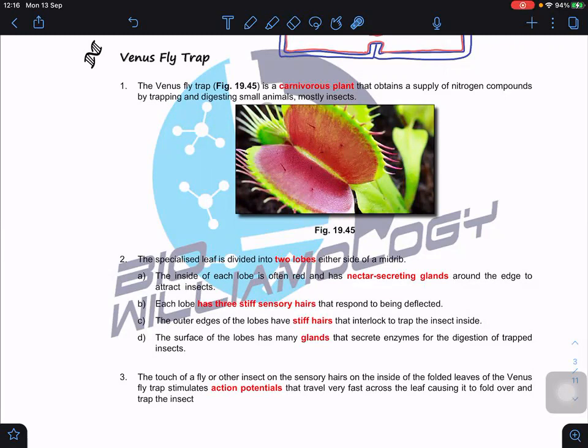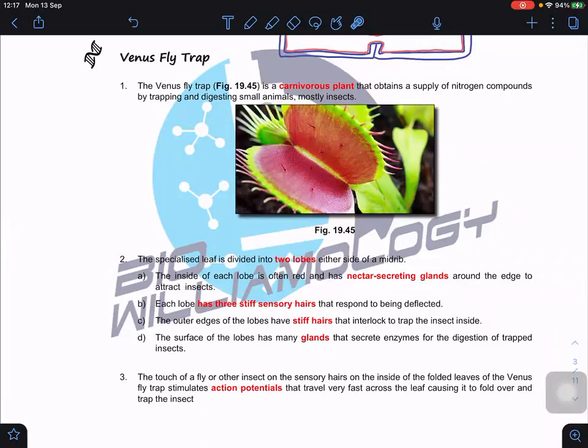Each lobe of the leaf, this is a midrib. This is a leaf. Each lobe of the leaf has three sensory hairs, stiff sensory hairs here. Outside the edge of the leaf, they also have stiff hairs. Both hairs have different functions. This one is a sensitive hair. The stiff hairs are something like a lock, so they can interlock with each other and trap. Imagine when they close together, the stiff hairs interlock together